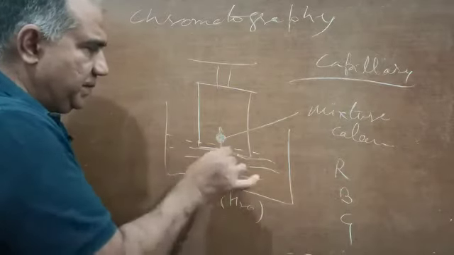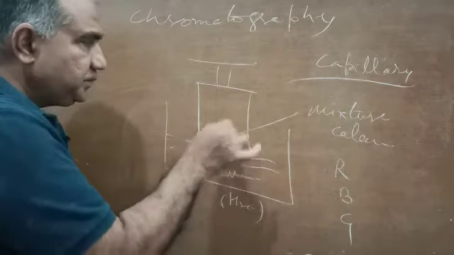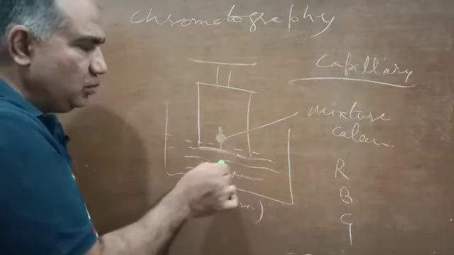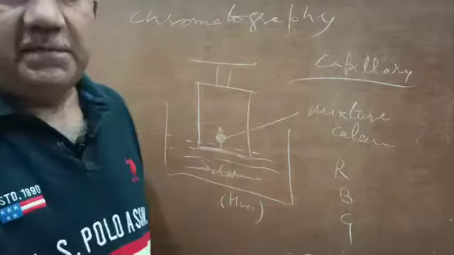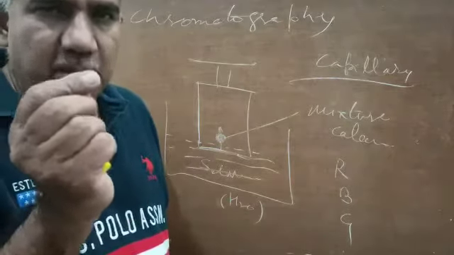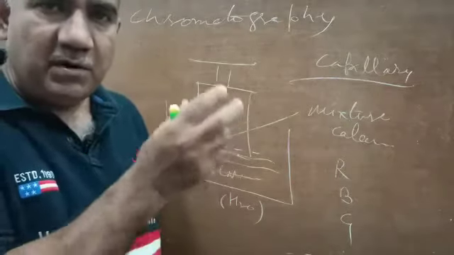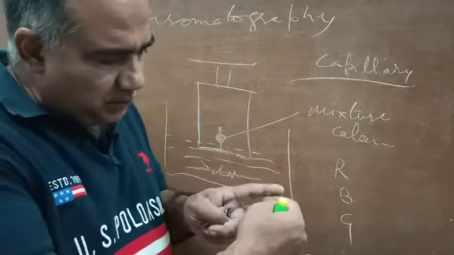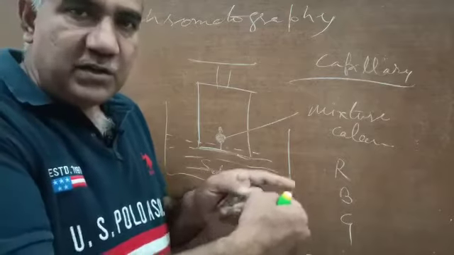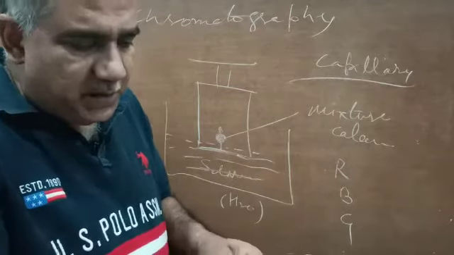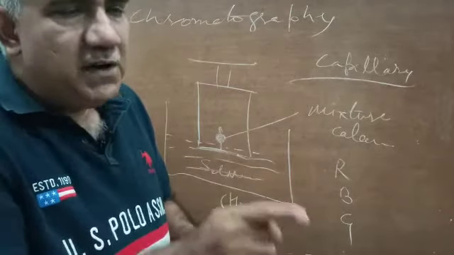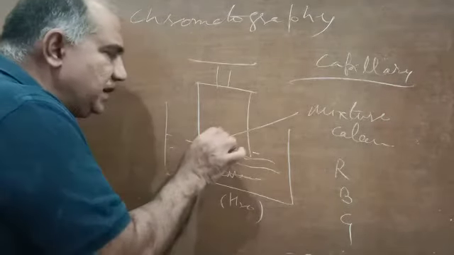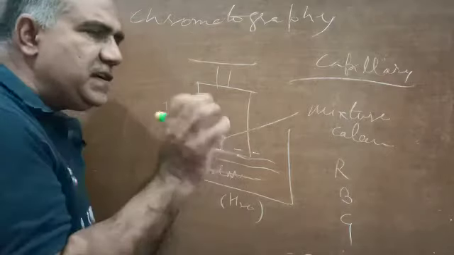And we have dipped it into a solution, and then it has been hung, this dot, and as I told you, water will start rising up because of the capillary action. These small pores in the filter paper or chromatography paper will act as capillaries, and they are arranged one pore, then another pore, then another pore. So they are arranged one over another, so it becomes a continuous series, and the water will keep on going up and up.